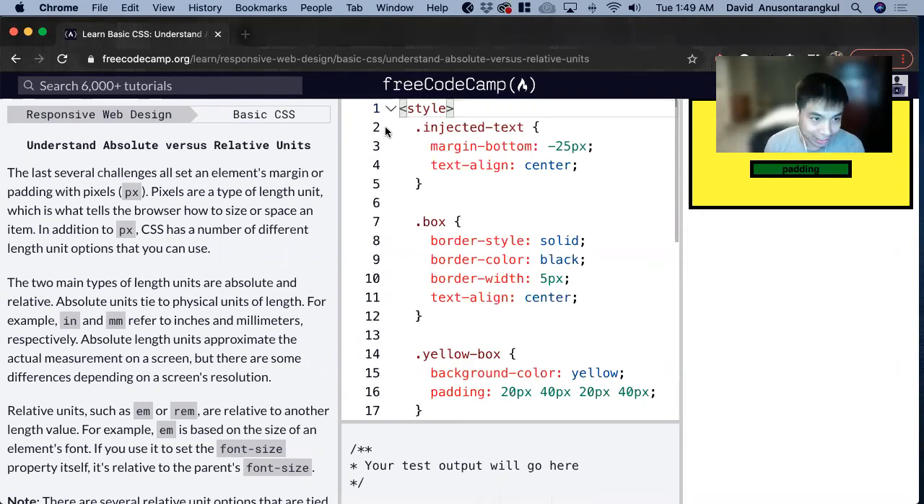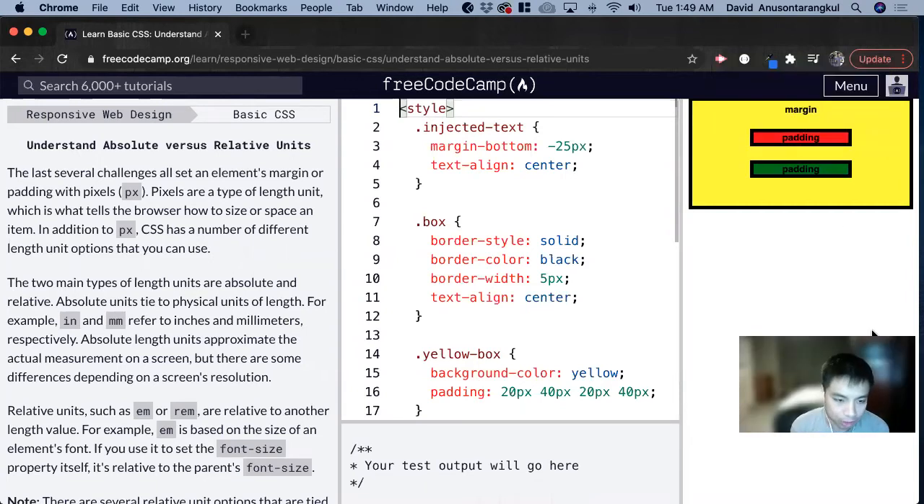Today we're going to do a CSS tutorial on freeCodeCamp to understand absolute versus relative units. So when we use CSS and we have different sizes, there's different units of measurements we can use. And the two main categories that fall under these measurements are absolute and relative. And for the most part, you're going to use relative, but some examples of absolute are